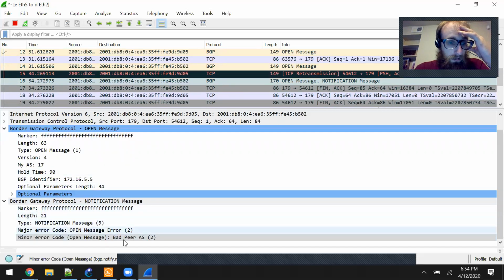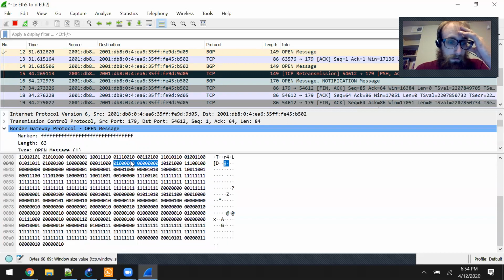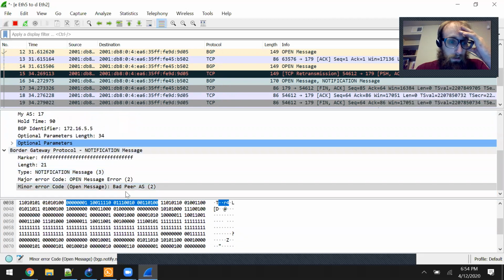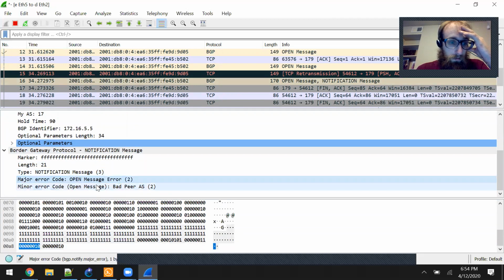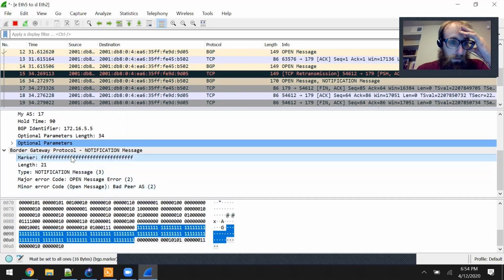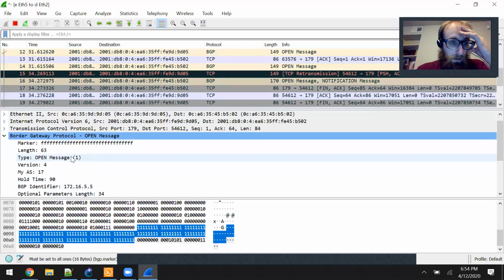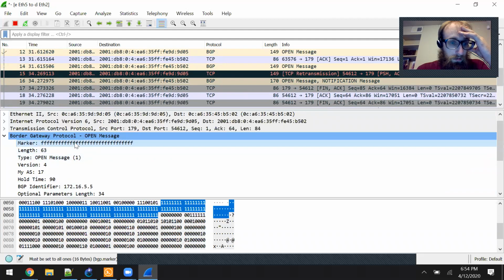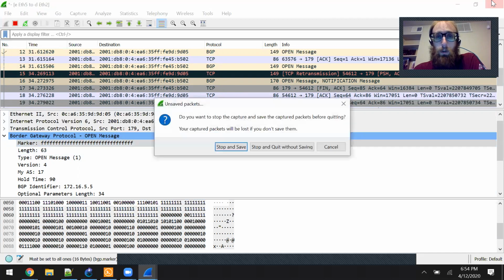And bad peer AS, and that's going to occur right, oops, yeah, right here, the 2. Here's the marker. Well, I mean, that's all we needed to see, so I will fix that error and then restart the capture,